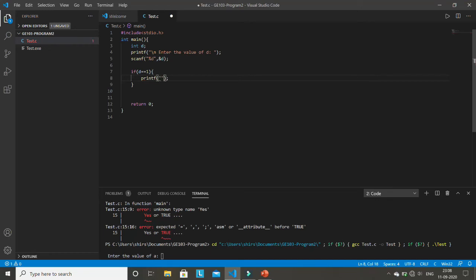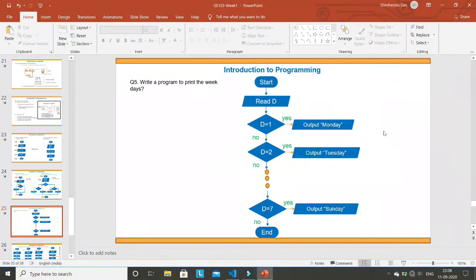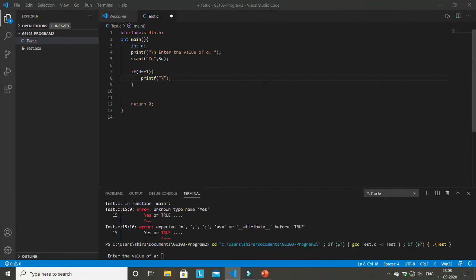What to print? If d equal to 1, Monday. So I'll print a new line, and then Monday. Done? If d equal to 1, it will print Monday. Otherwise, it will not. If d is not 1, then